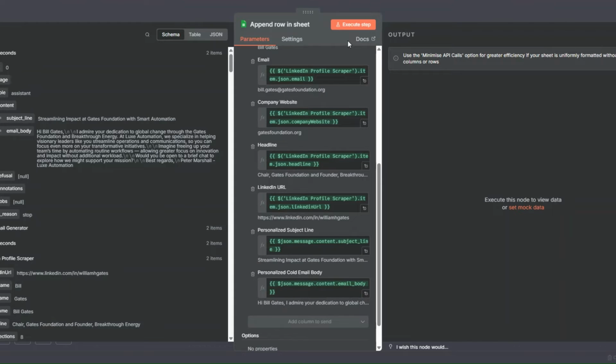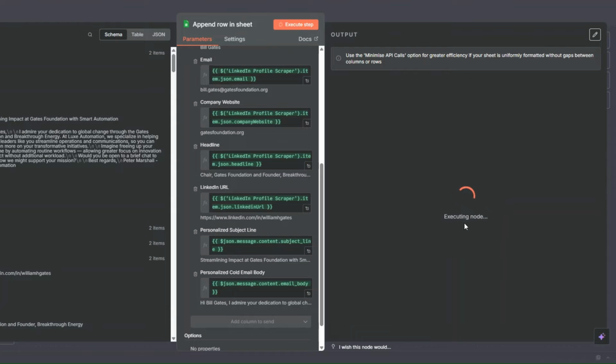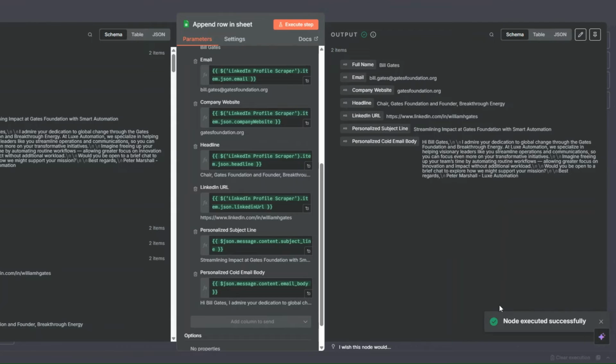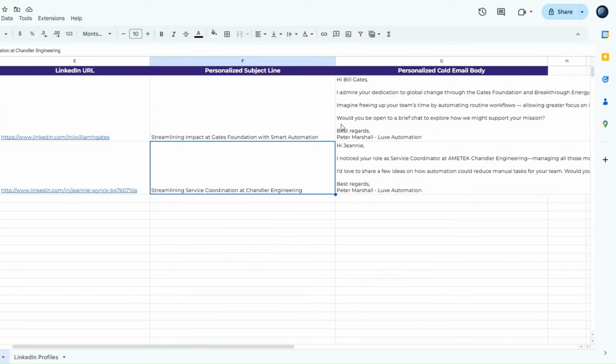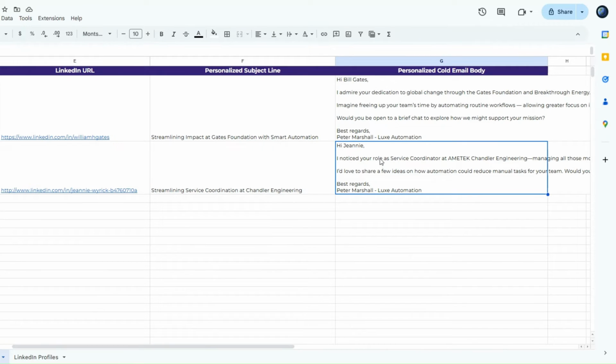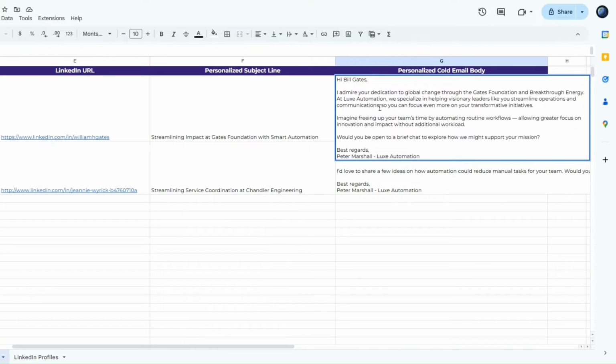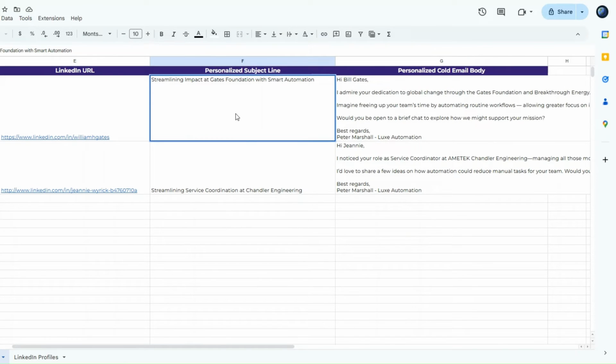respectively. Now to add this data to our spreadsheet, I'll click on execute step right here. And it's executing our node. And our node was executed successfully. We successfully added our two leads over here to our spreadsheet. So we added their full name, email, company website, headline, LinkedIn URL, personalized subject line, and the cold email bodies over here. So here you can take a look at the personalized subject line that we generated for each of